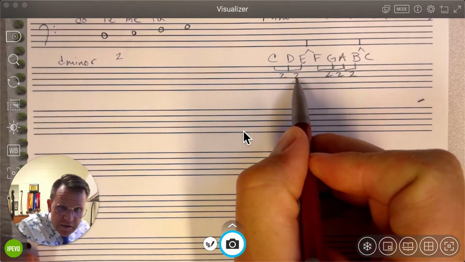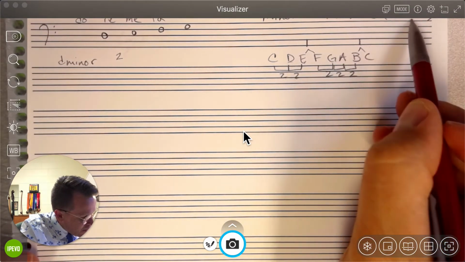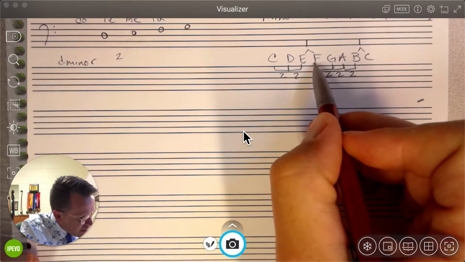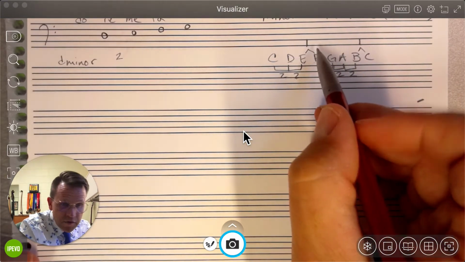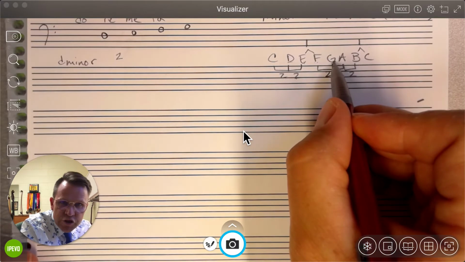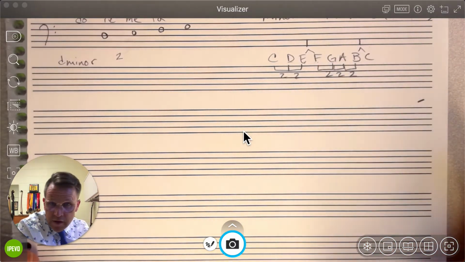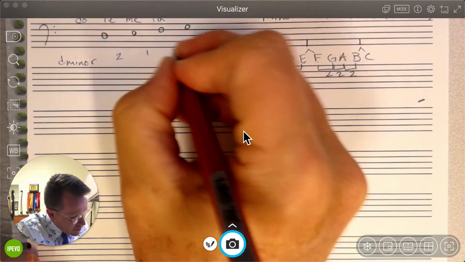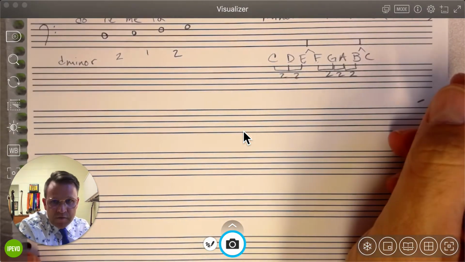So that's great. Now I am supposed to have a pattern of 2, 1, 2. E to F is 1, so that checks out. And F to G is 2. So that also checks out. So we actually have this one, we didn't have to alter anything.